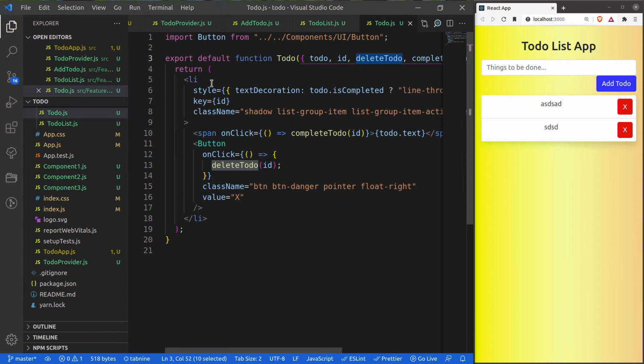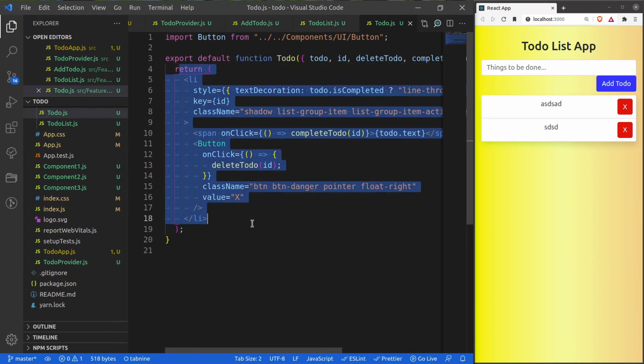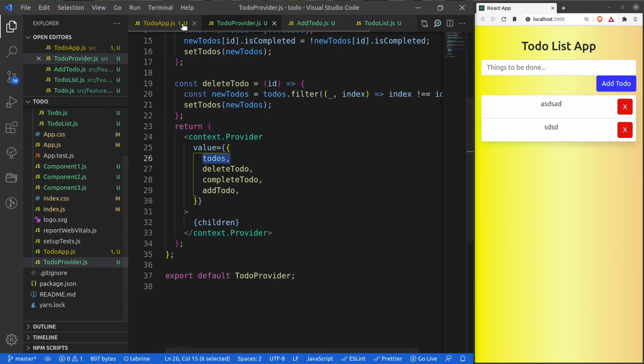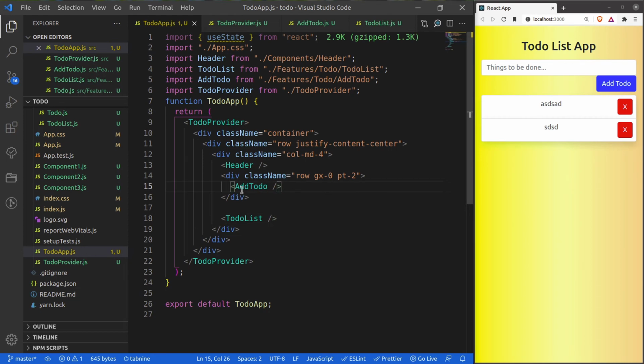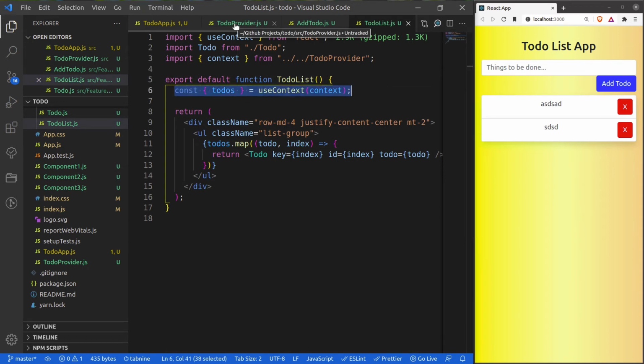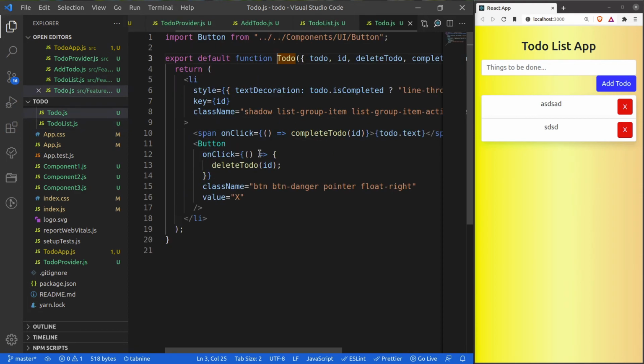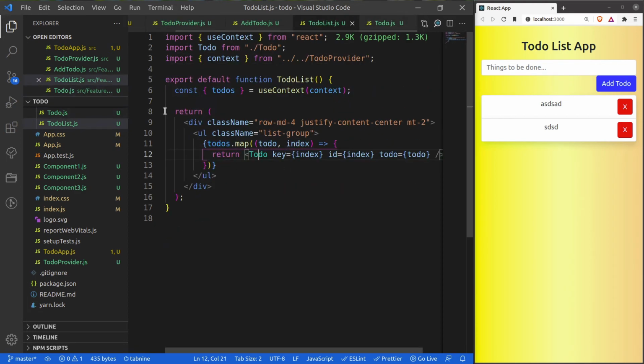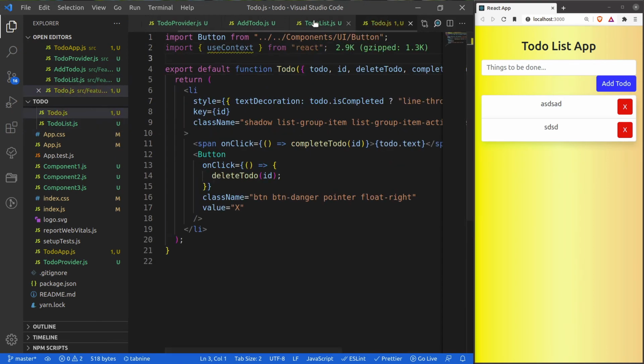In reality, this is the only place where we are actually utilizing the context API, because here you can see that in my to-do app there is a to-do list component. I don't see that there is an intermediary here. We are using it only for the sake of separating my business logic. But in my to-do component, of course, we can see that to-do list is becoming an intermediary here, right? So let's use all these things in my component.